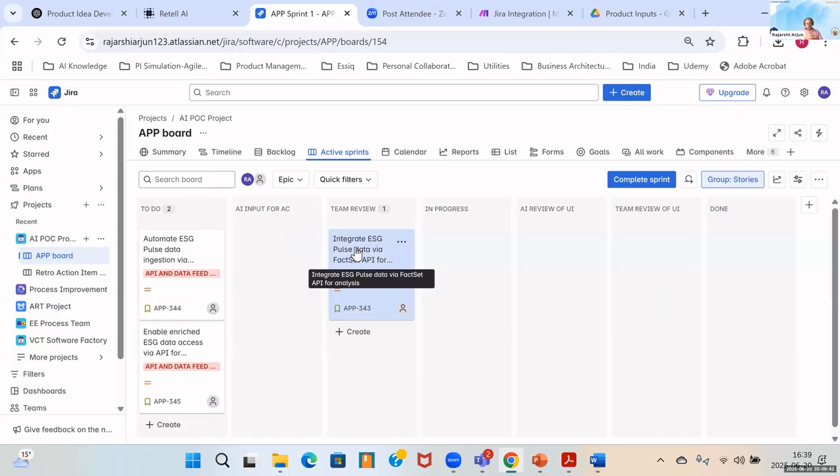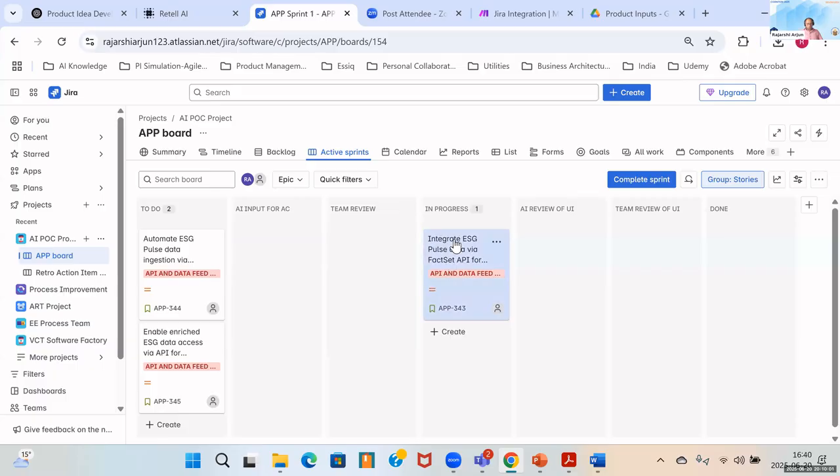Okay. So we would actually first ask AI to generate the user interface, and then there is going to be a conversation between the developer and the designer. Right. So what we do here is now we would move the story. Say, for example, the teams are working on this story. They moved it over here to the in progress state.